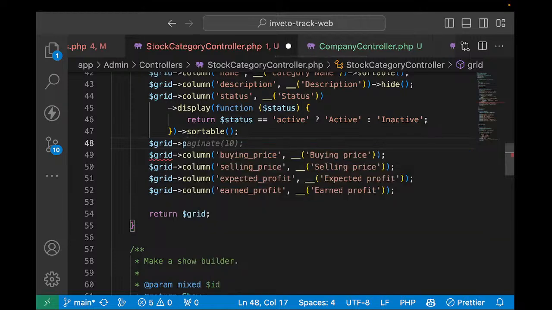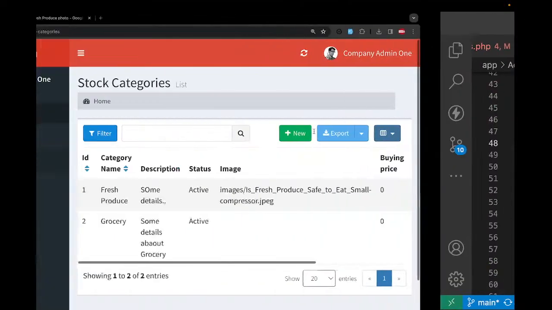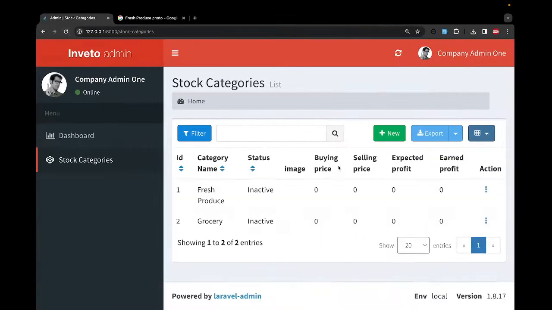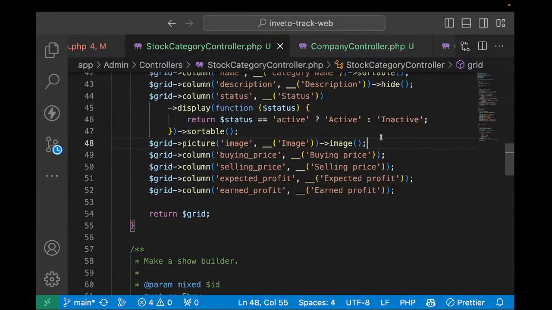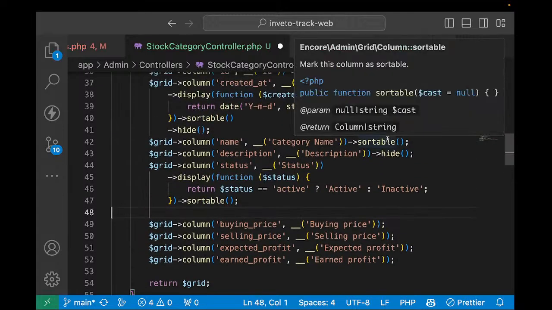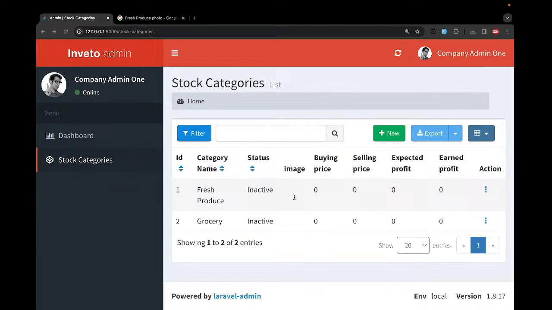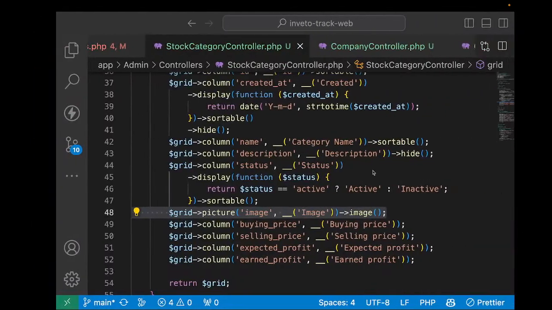Image is called picture, I think. Yeah, picture, something like that. But we'll fix that later when you go to products, and then we'll come back for this image. Okay, so the photo will be there, and then the buying price of